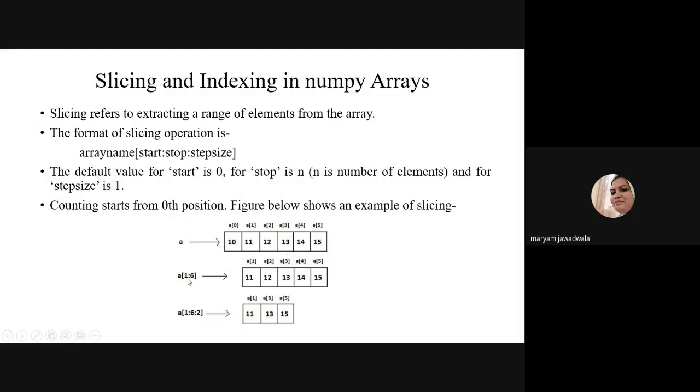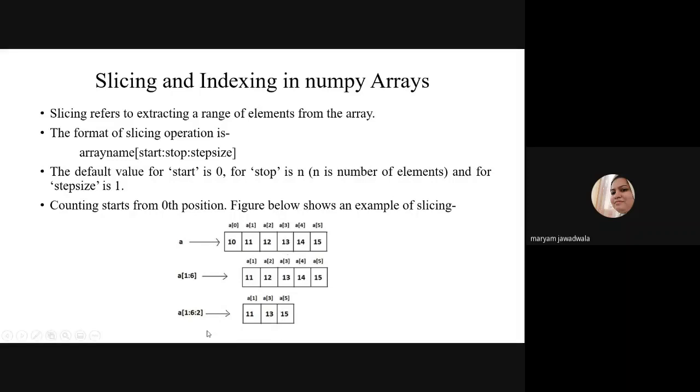So this one indicates the starting position. Starting position 1 means the second element, because the array index starts with 0: a[1], a[2], a[3], a[4] and a[5], right? 6 means up to the sixth element, 1 less than 6. 6 minus 1 means the a[5] index, right? And suppose I write it like this, here the step size is not defined. Step size not defined means the system will display the elements one by one, right? By default, the step size will be 1, right?